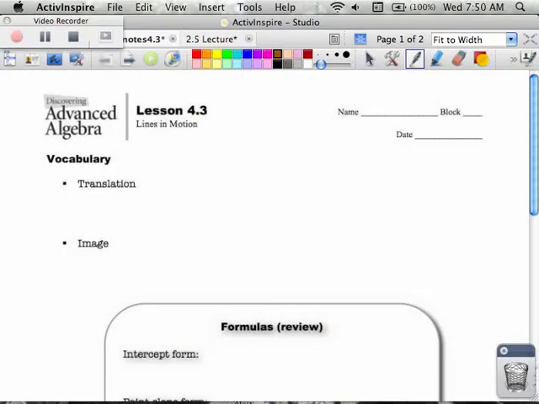All right, today we're going to talk about transformations. They call it lines and motions, but basically this is about moving a graph around horizontally or vertically. Could be any graph, not just a line, I guess. So a translation is the movement